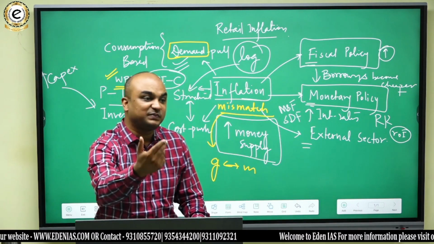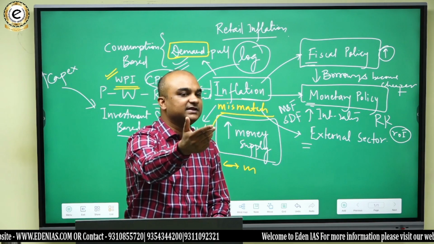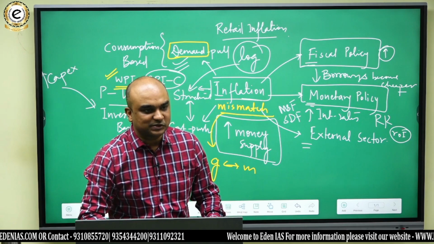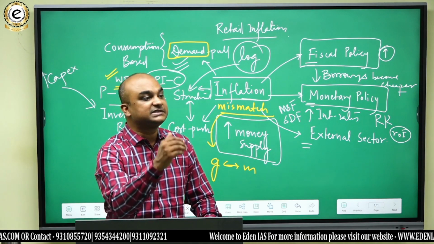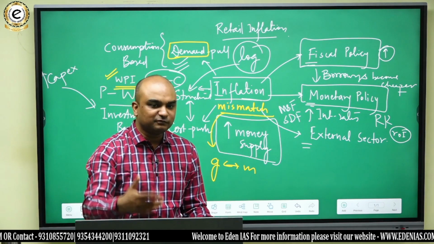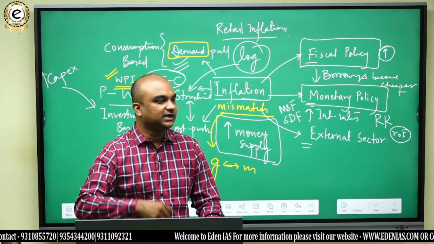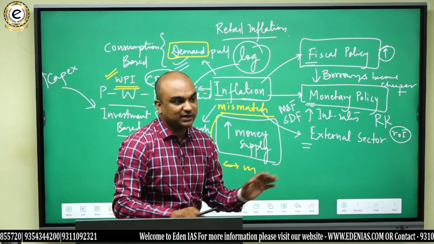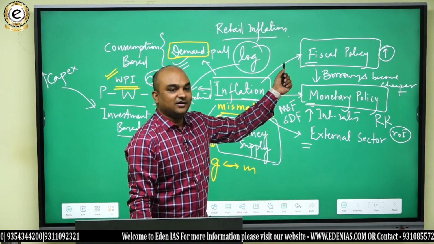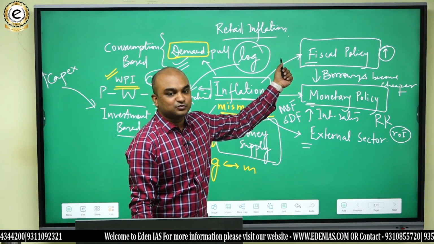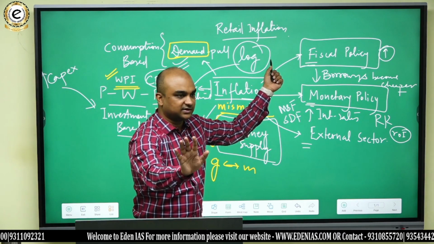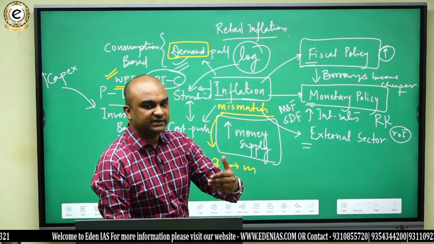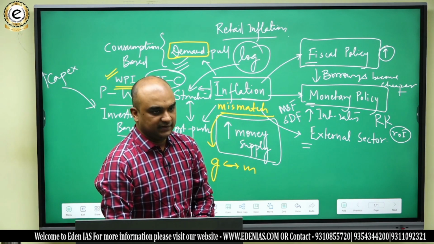So government's expenditure also goes up because money is now easy for everyone. During inflation, there is a lot of money in the system, and that's why everybody can get money at a cheaper price. And that's why governments also get more money into their kitty, and they generally increase the expenditure. Well, again, it doesn't mean that if there is more money in the system and government gets more money, government will invest. Not necessarily, because that's a complete policy decision. But generally speaking, government expenditure also goes up during times of inflation.